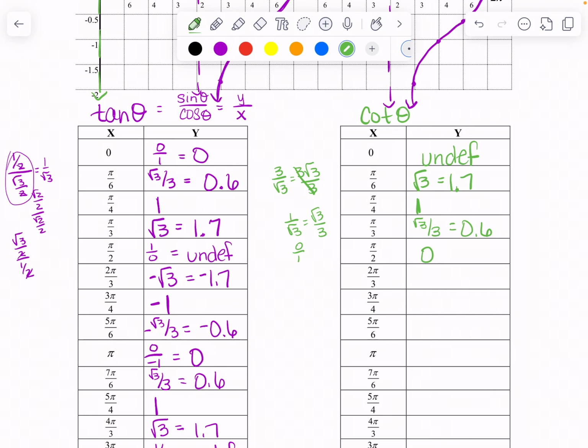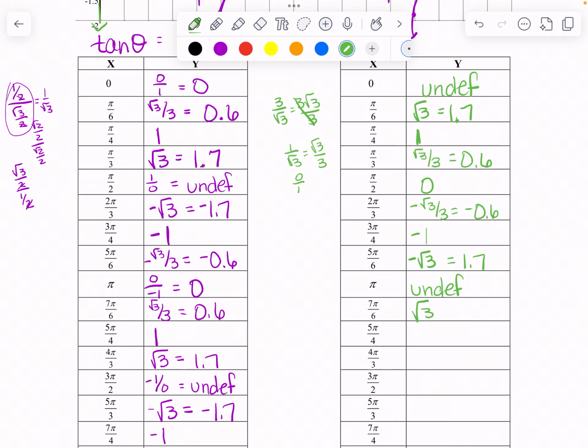All right, root 3, negative root 3, so that guy's going to be negative root 3 over 3, so negative 0.6, negative 1 for 3 pi over 4, negative root 3, so negative 1.7, reciprocal of 0 is undefined at pi,